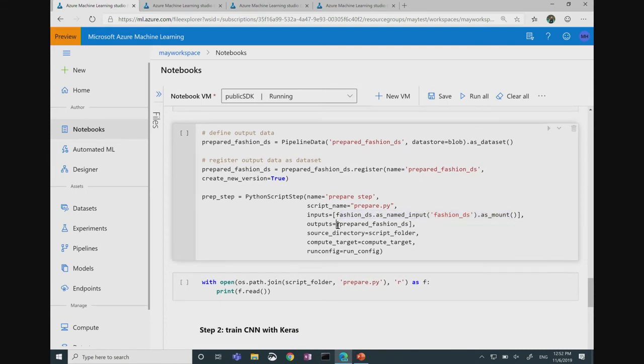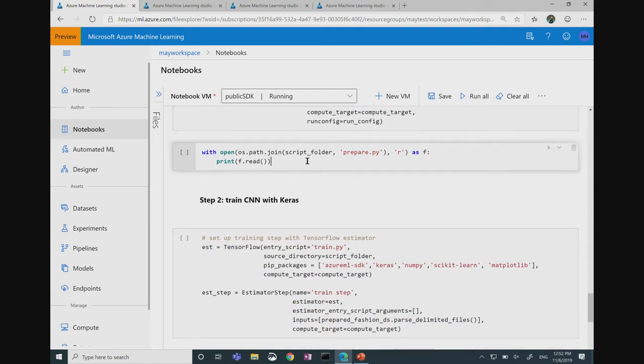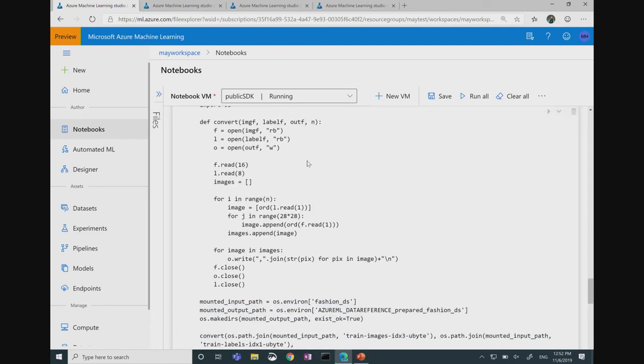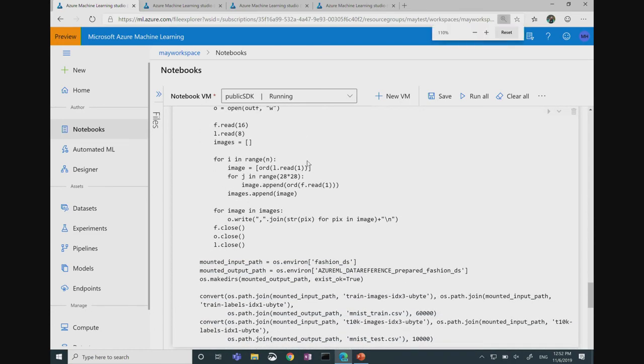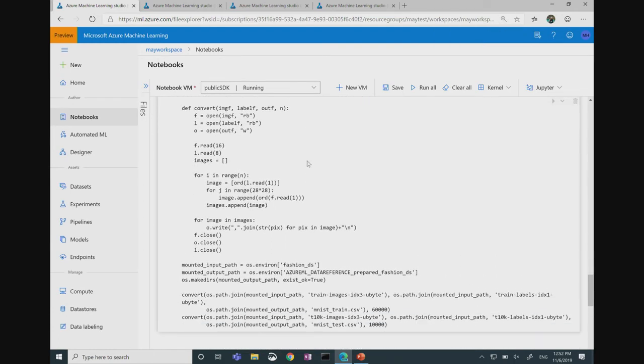And the output of my prepare step is prepared fashion DS, which is an intermediate dataset that's output from this data preparation step. If we take a look at prepare.py, this is the code that will be run on the remote compute, and it basically just converts all the images and labels into one CSV.